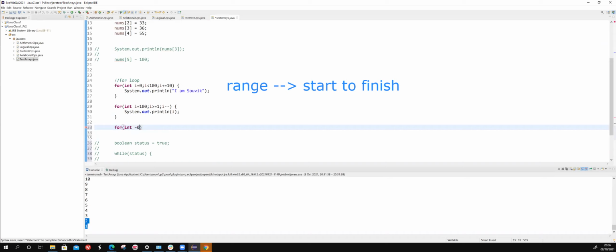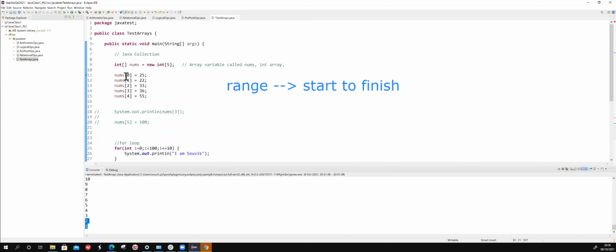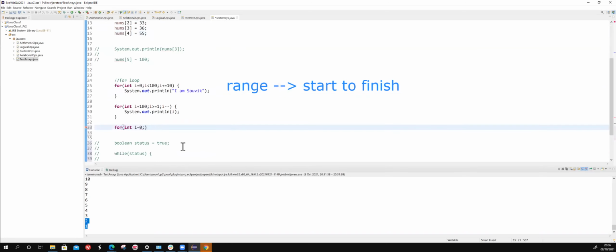I'm saying int i equals 0 in this situation because the array starts from index number 0, and it will go to index number 4. How can I define that in the for loop? It's very simple. I say i less than